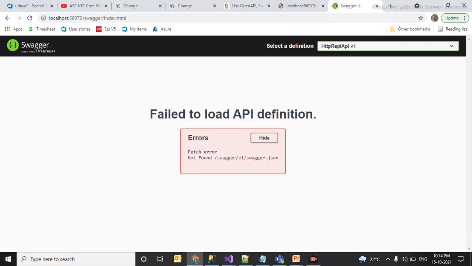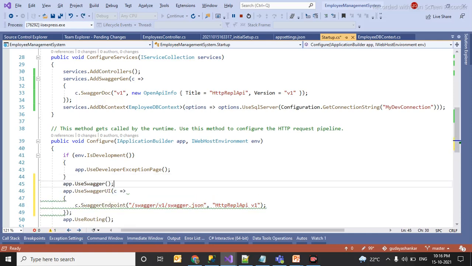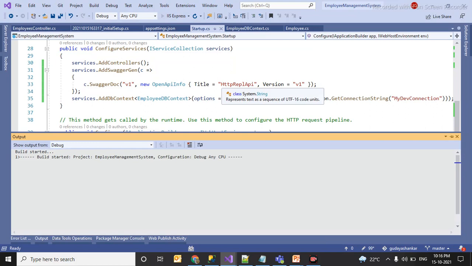Boom, something is wrong with this. Let us see what is wrong with this. I have missed one thing here. So let me add that, app.UseSwagger. With this you can see the content of Swagger now.